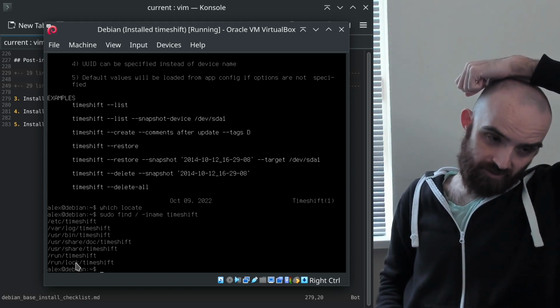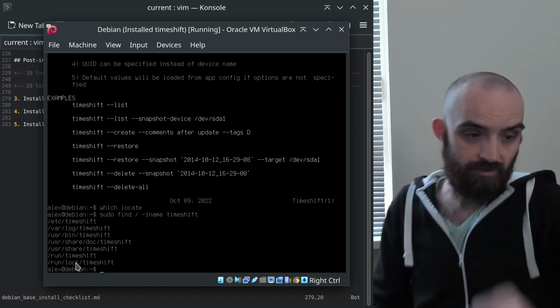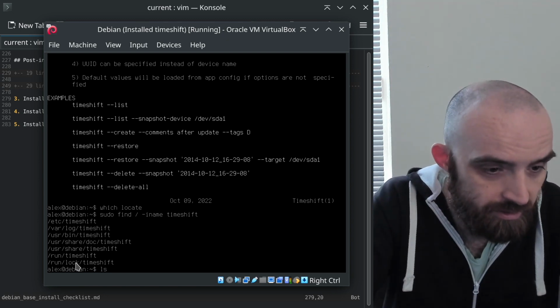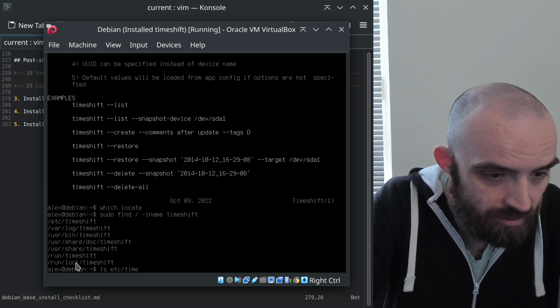Okay, so here's various directories: user share Timeshift, user bundle, user, let's see, ls etc Timeshift,